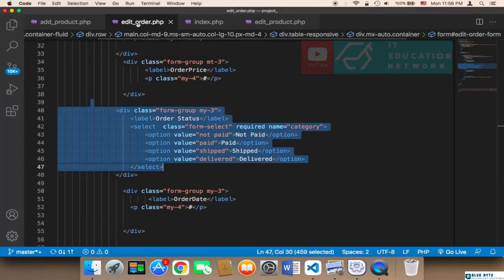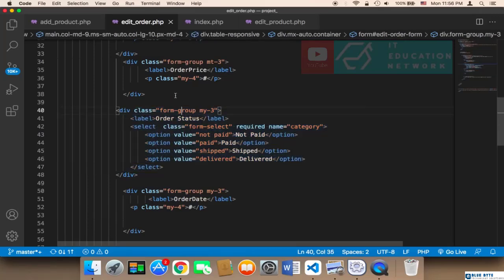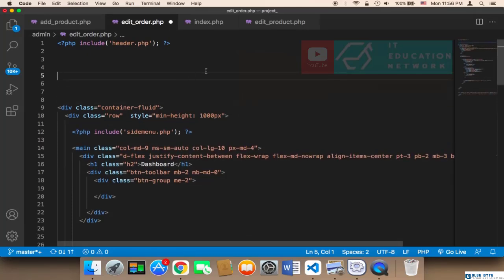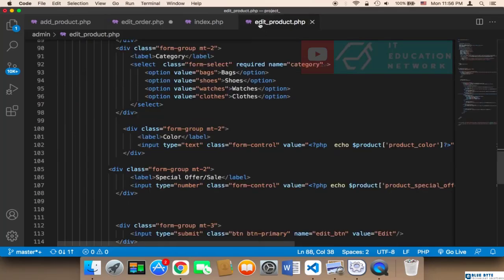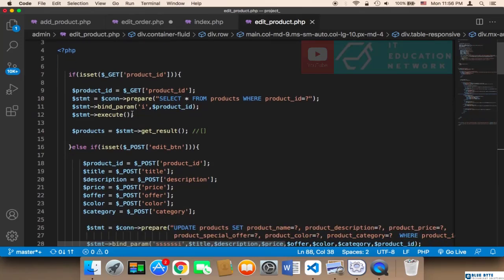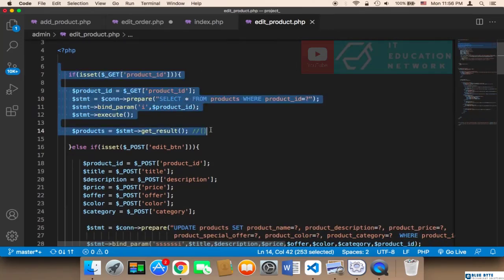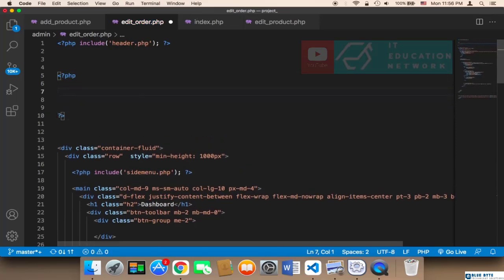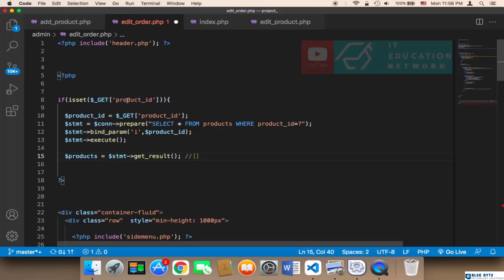So now, in the edit order, the first thing we need to do is, at the top, below the header, create code that's going to get the order information from the database. We already have code in the edit product.php at the top, remember. So I'm going to copy this code, and then paste it in the edit order, inside PHP. However, we need to edit a few things. First, we need to say order ID, and the order ID is going to be equal to order ID,